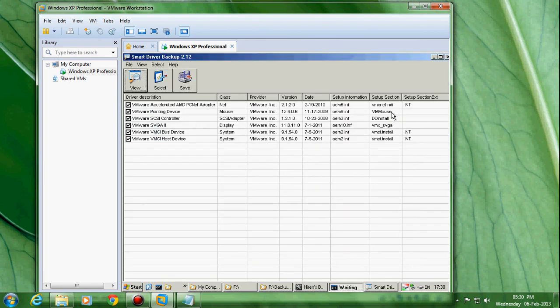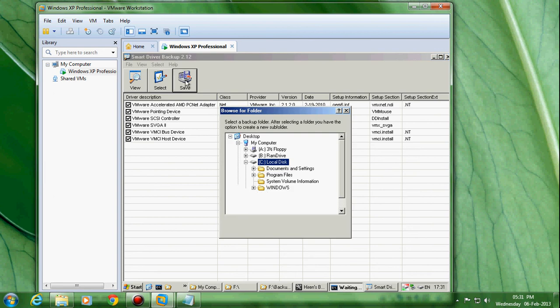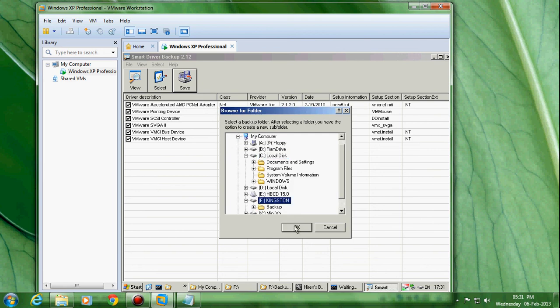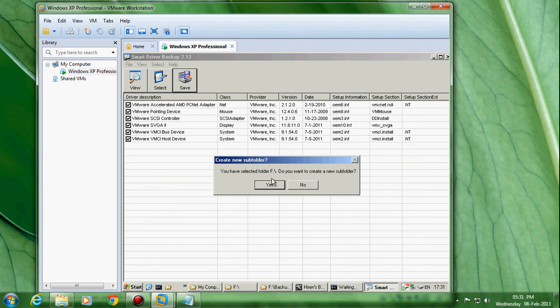It will show you what drivers are installed in the particular machine. Select all the drivers and click on Save. Select the path where you want to save. Be careful while saving the drivers: are you saving in the external drive or internal drive? If you are formatting the complete hard drive, save in the external, or else save in the internal, some other D drive or E drive, wherever you want. Like local disk, it is not yet formatted, leave it. Kingston, select OK.